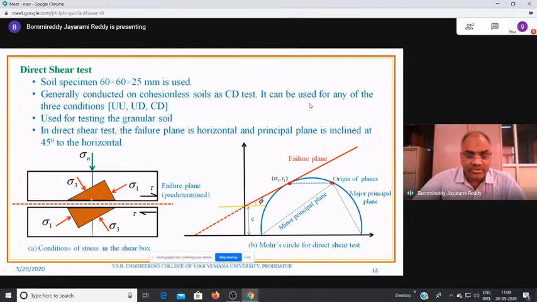And you can look at the stress diagram. This is called the major principal plane, and this line is the minor principal plane. We can also construct the Mohr circle with sigma 3, the minor principal stress, on the left side and sigma 1 on the right side of this particular curve.